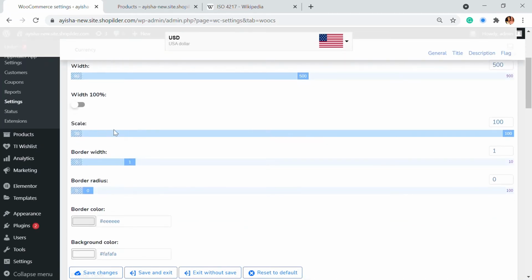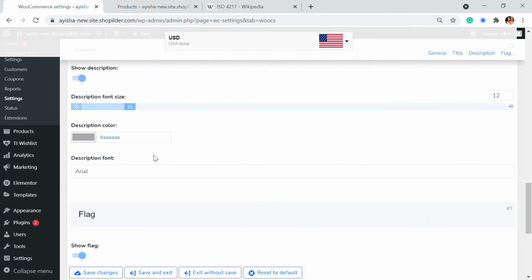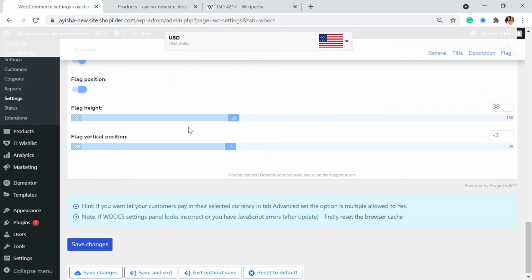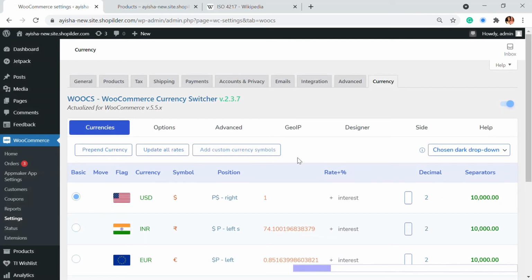The width, the scale, and everything can be chosen right in this section. So flag height and everything, if you want to reduce it, all of these things will be right here. And you can just copy the shortcode that's provided and paste it into the widget.